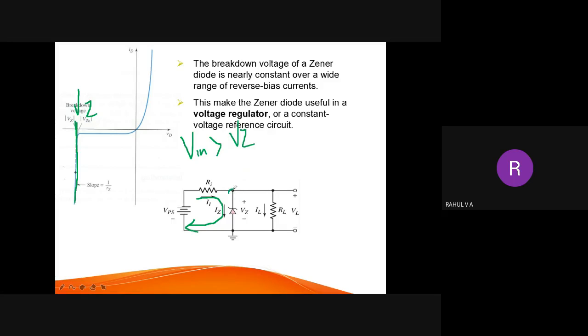and voltage across the Zener diode is constant. It is Vz, and for example, it is 5.1 volt. Okay, whatever input you give, if your input is greater than Vz, if your input is greater than 5.1, the Zener diode conducts, current flows through the diode, and voltage across the diode is this voltage, Vz, a constant voltage. So if voltage across the diode is constant, and it is directly connected to the output terminal, the output terminal voltage is also constant.